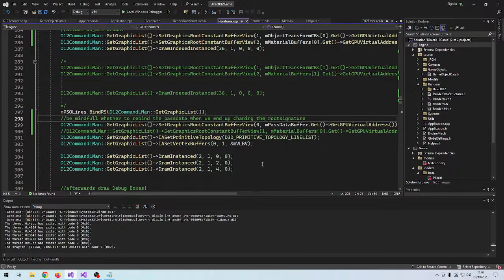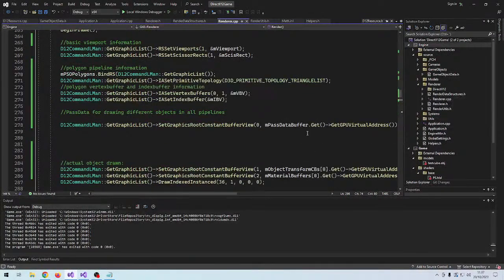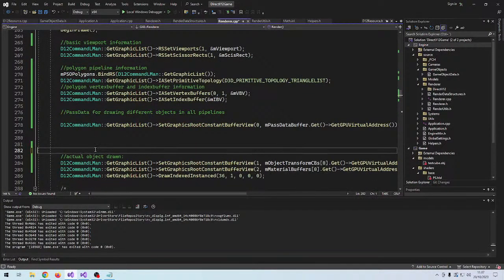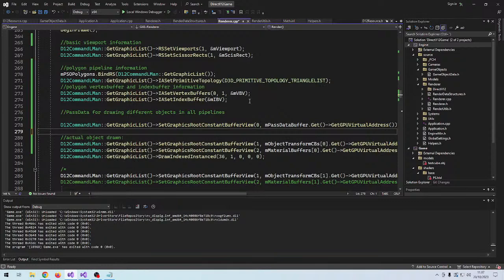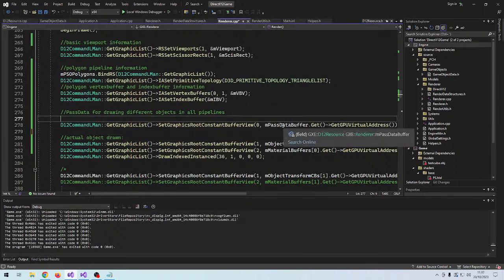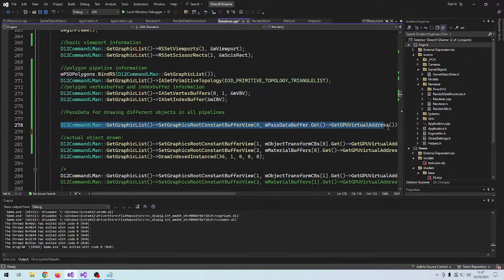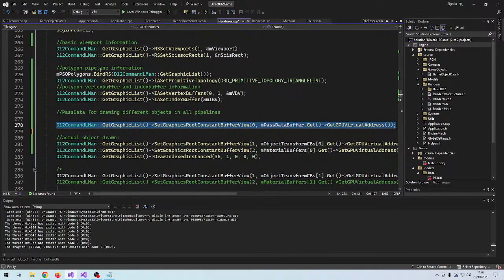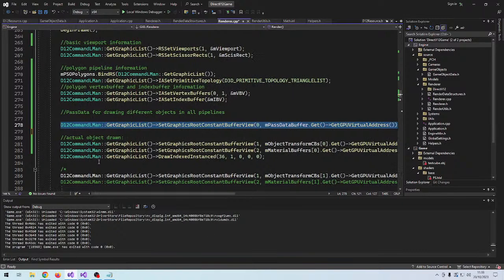I find it highly unlikely that we do not need pass data in a specific pipeline, since it holds our real projection matrices and delta time and whatever we fill in that. So yeah. What happens if I'm unsure whether we can bind... No, we have to set the root signature first. Anyway,